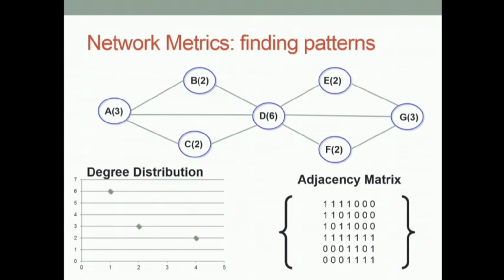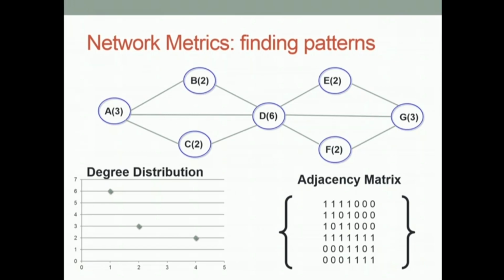Now you heard me start using some network metrics. So this is the world's briefest discussion of network analysis, or graph theory, really. Networks have physical properties that we can analyze differently than strings of text. On the left side, you see, for example, a distribution curve that results from the network that is up there. And all we're doing there is counting the number of edges that each node is connected by. But we can also do something else about the structure of the overall network, and that's the adjacency matrix on the right. The ones and zeros tell me whether or not it shares an edge with any one other node.